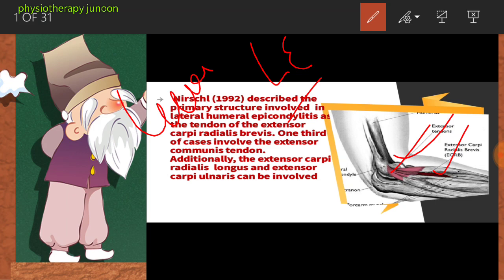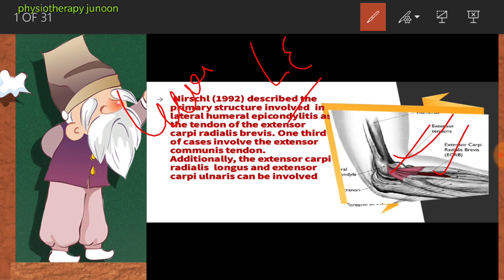In passive movements, pain can often be produced at the lateral aspect of the elbow and along the course of the common extensor tendons. In resisted movement, pain will be felt at the lateral aspect of the elbow, occasionally in the posterior aspect of the forearm, on isometric resisted extension of the fingers and extension with radial deviation of the wrist. Pain may be felt on only one or two of these movements, or on all three movements.